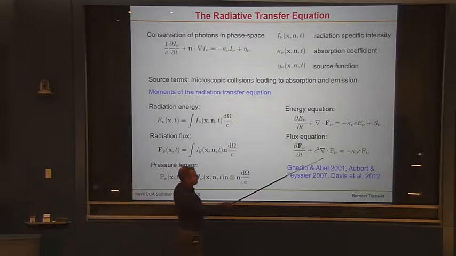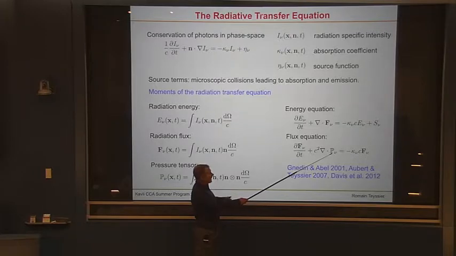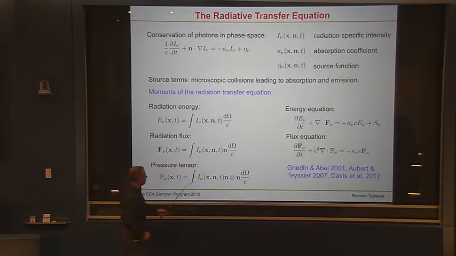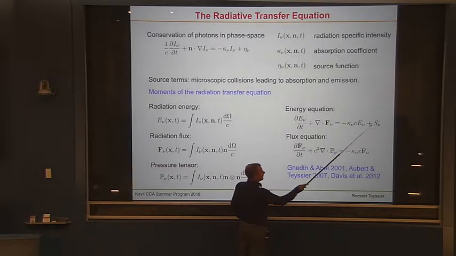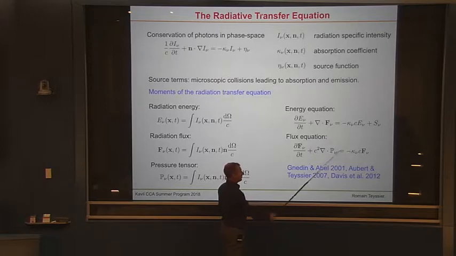Except there is a big catch here: what do we do with this pressure tensor? It's not like an ideal fluid where we know the equation of state. Here we have this pressure tensor, and we don't know what it is because it depends crucially on the geometry of the radiation field, on how the intensity is distributed with the angle. And you have the source term here also, averaged over the angle, which is the absorption of radiation and the source function. And that's the absorption of the flux.